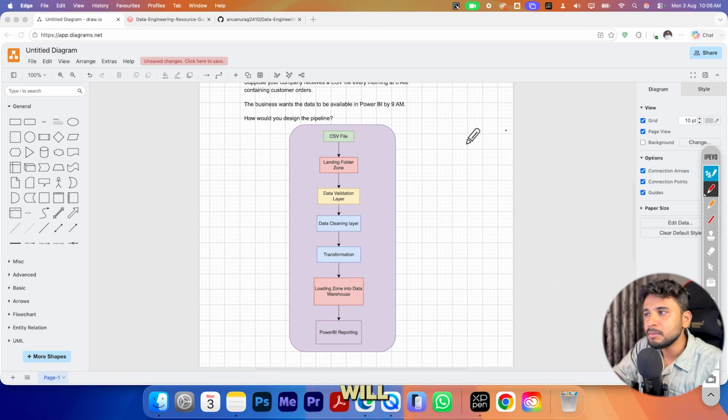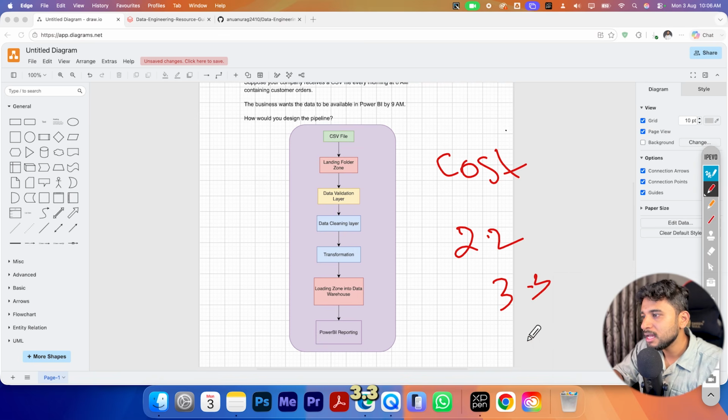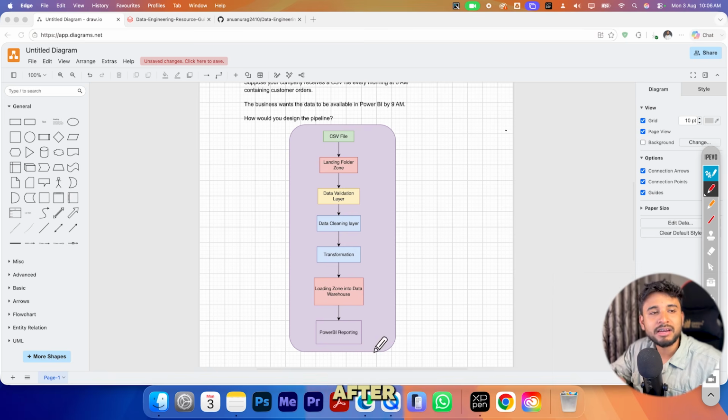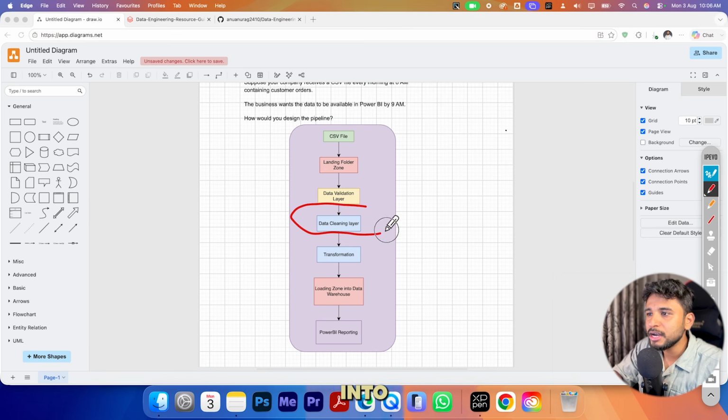Actually in numeric there will be, suppose there is a cost column, it is having 2.2, 3.3, 300 rupees, something like that. These kinds of values are there. So whether it is string or whether it is in a numerical form, that you will be validating. So after validation, you will be pushing the data into the cleaning layer, like data cleaning layer, where you will